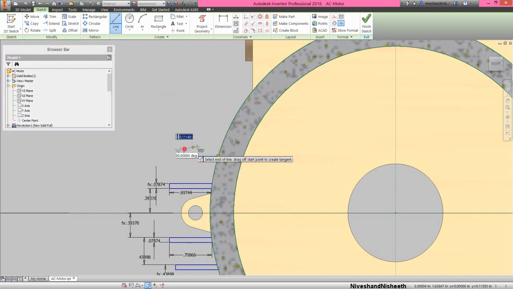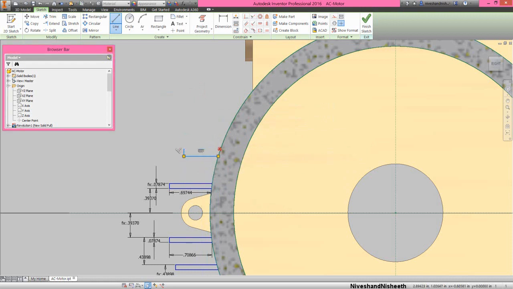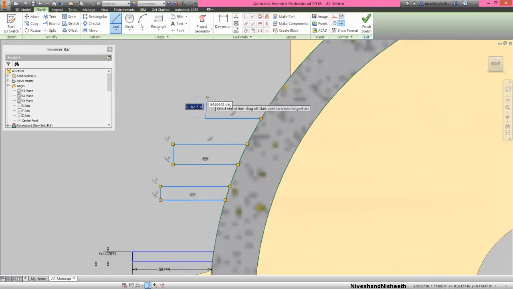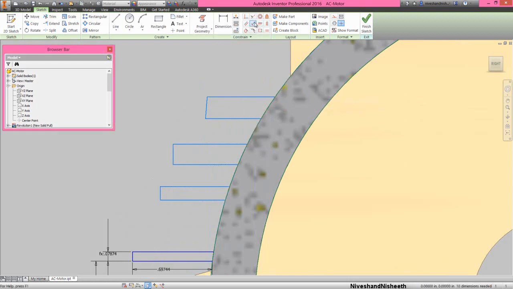Now we will create the same sketch over the opposite side of the whole feature.